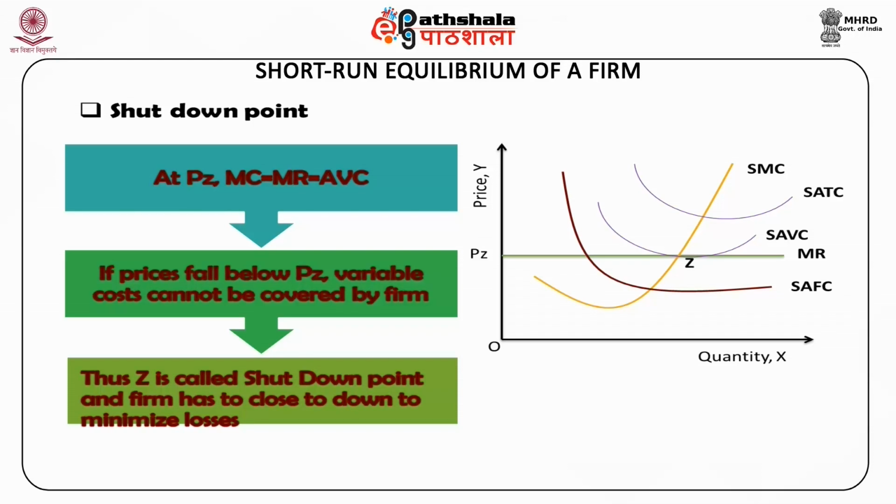The short-run average total cost curve is the U-shaped cost curve and it can be divided into SAFC, that is, the short-run average fixed cost curve, and the SAVC, the short-run average variable cost curve. The point Z in the figure shows the level at which revenue covers the variable cost. At this point, the marginal cost is equal to the marginal revenue, which is equal to the average variable cost. If the price falls below the PZ, the firm does not cover its variable costs and it's better off